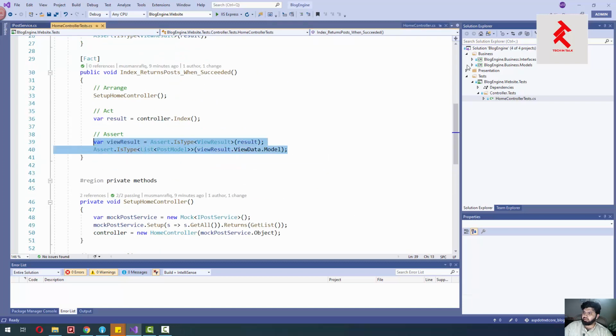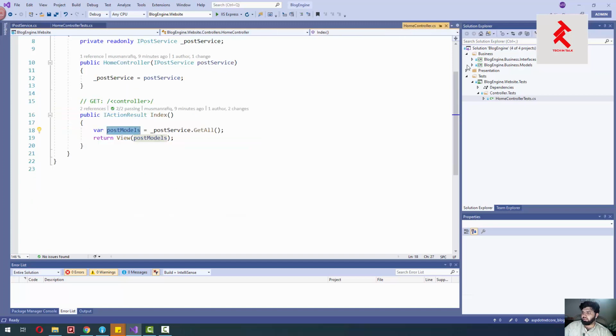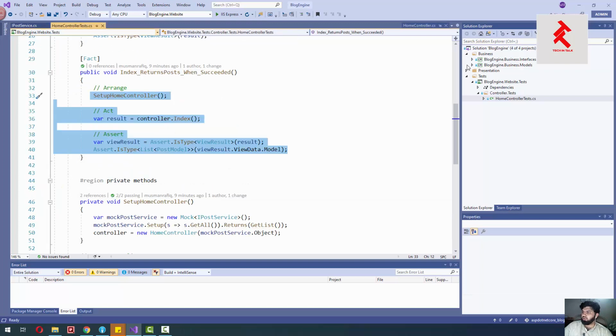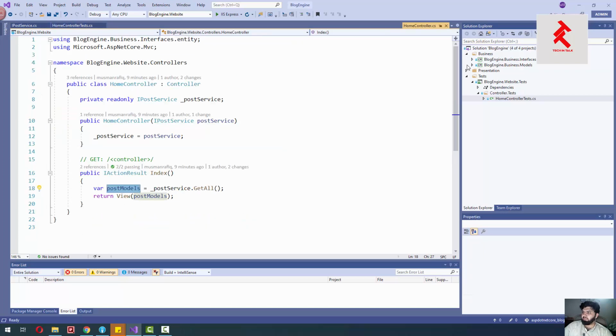We first created that test and made it fail, and then I wrote just enough implementation required to pass that test. So currently both tests pass, although if you run the web application, it will break and give exceptions, because currently there is no service binding available for this IPostService interface.